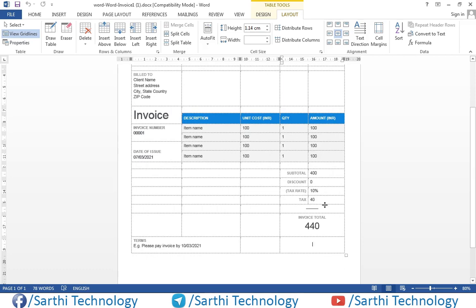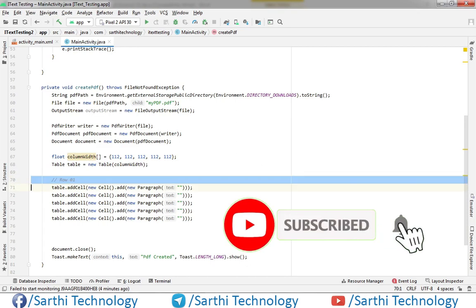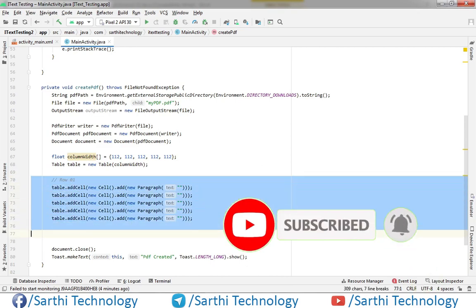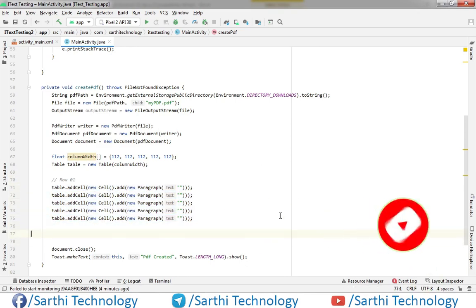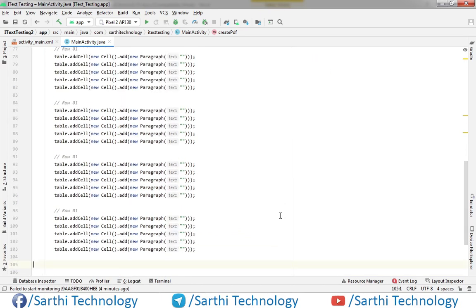Let's create all the rows first. Just copy this and paste it, for rows 2 through 18.